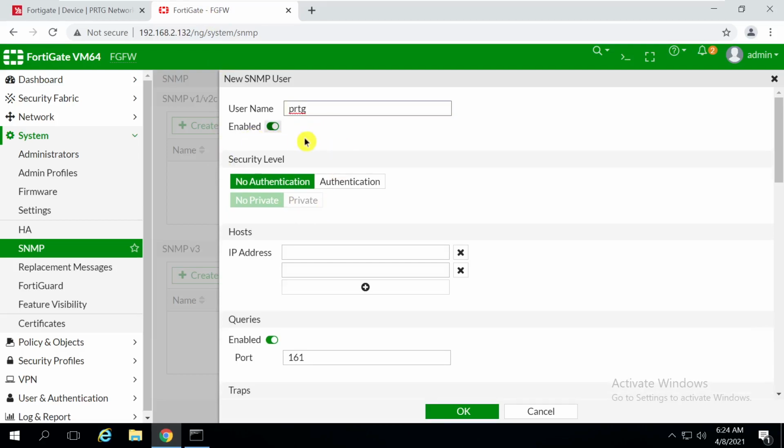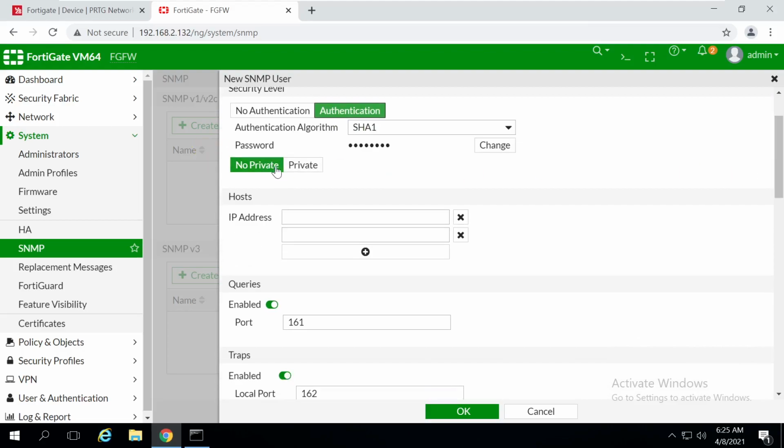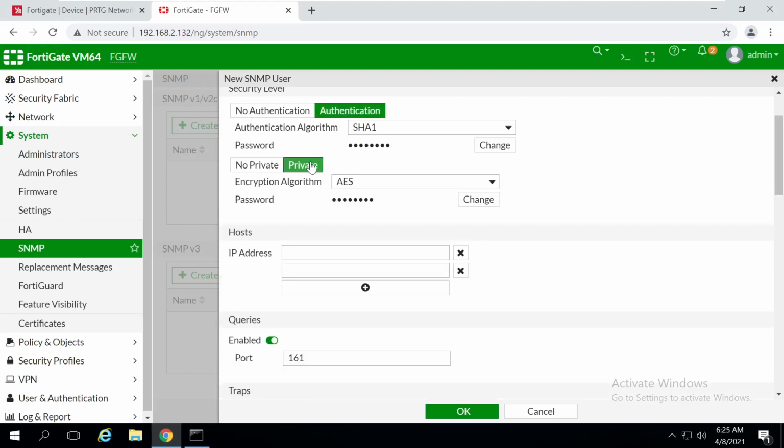I'm enabling this. For security level, you can select no authentication, so no username or password is used for this communication. Also you can use authentication only, with no private, meaning no encryption. With authentication you can also use private.